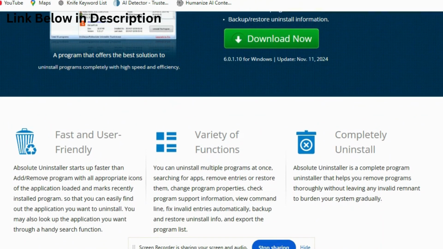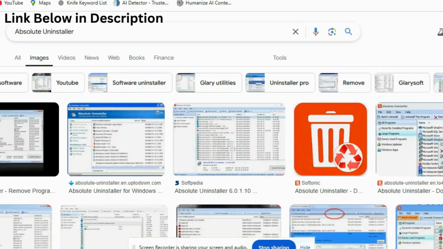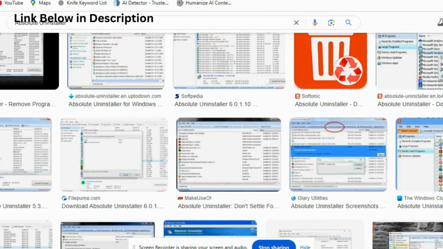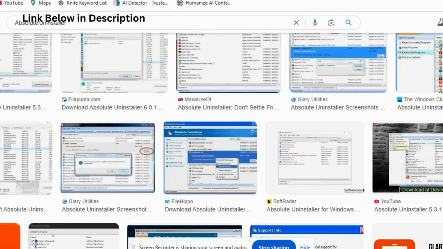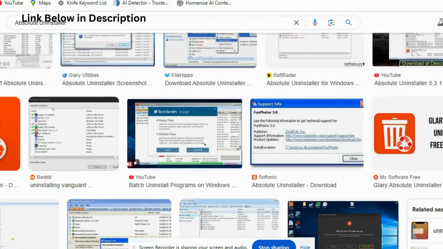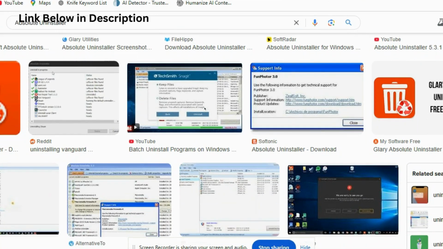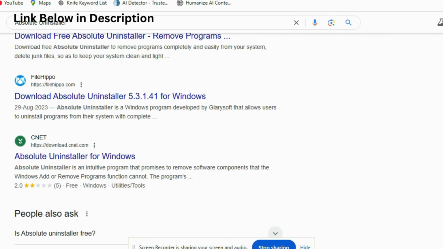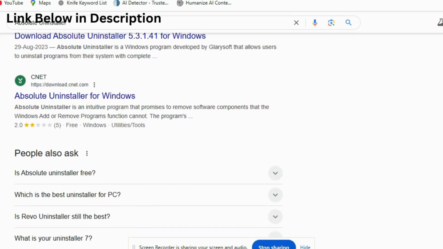uninstallation. One of the standout features of Absolute Uninstaller is its thorough scanning process. After a program is uninstalled, the software scans the system for any leftover files or registry entries that may have been missed during the removal process. This complete uninstallation helps users reclaim disk space and avoid the potential slowdowns caused by residual data. The tool also allows users to remove bundled software or pre-installed applications that are typically difficult to uninstall through conventional